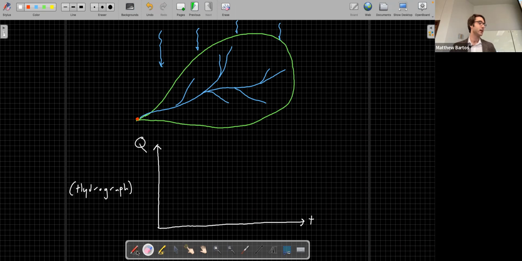Okay. And so for this watershed, let's say we have a hydrograph for a given rain event that looks something like this. Now, the shape of this hydrograph depends on the spatial distribution of your land within the watershed and how rainfall lands within that spatially distributed watershed. Okay, it's essentially the combination of all of the different flow paths that water can take through your watershed